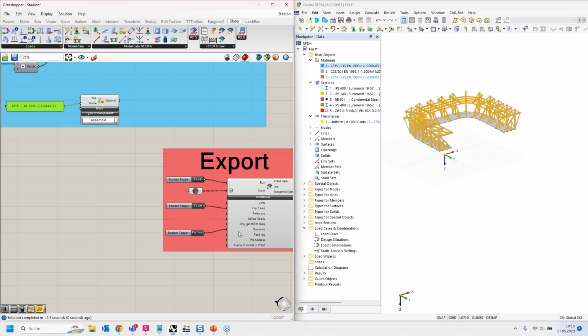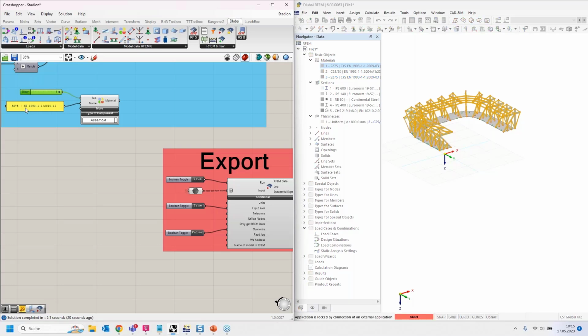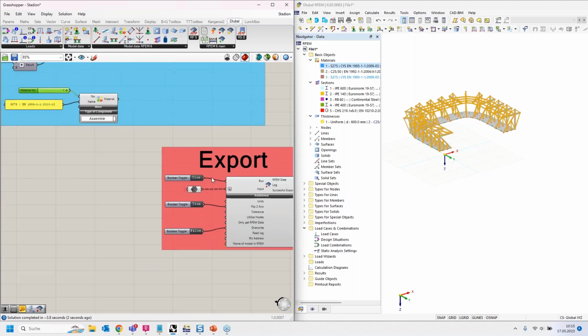So this add functionality works in a way that when there is already something defined, it will create this new object on the end of the list, as we can see it here now. Again, this was not the goal. My goal was to modify material number 1. So to modify something, you have to assign the index number of the object and then you can modify it as you wish. So if I run the export now, I will modify index number 1, and it will